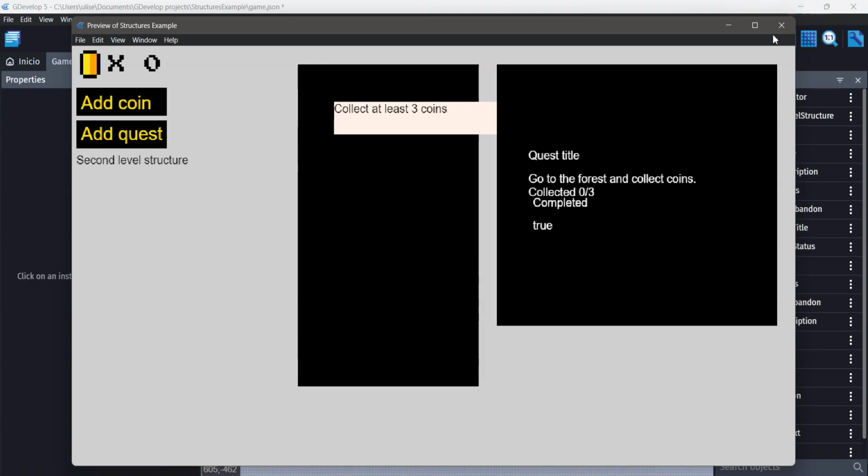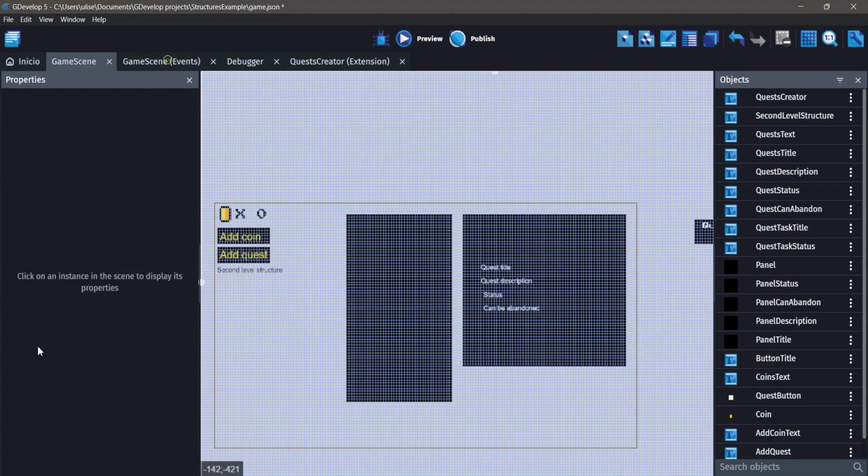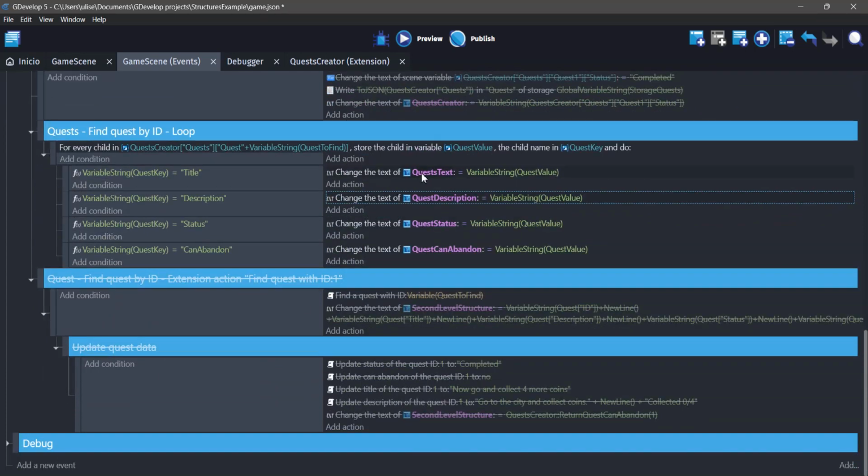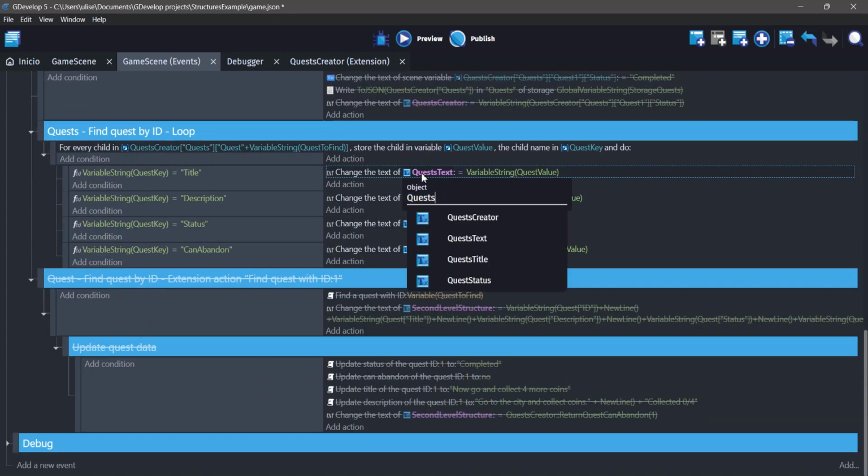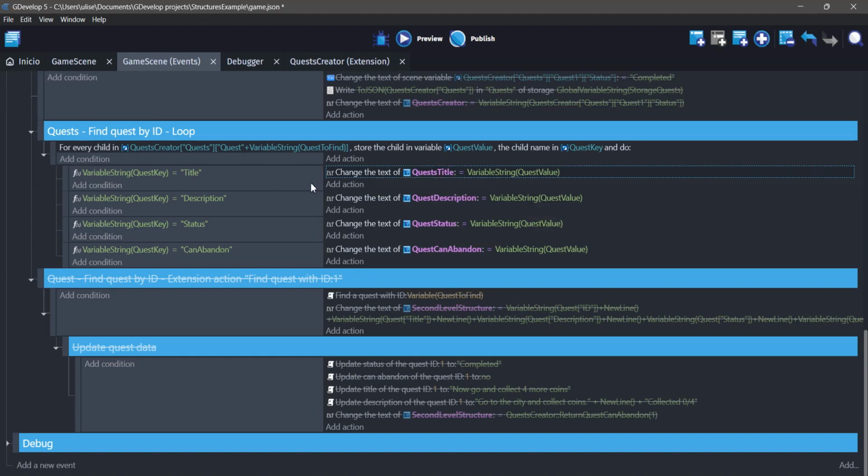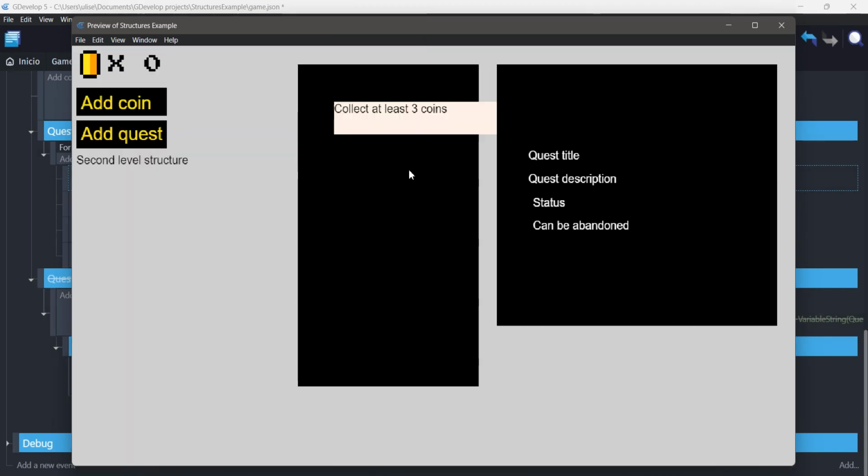Quest title doesn't change because here was quest text, not quest title. So now quest title, quest description, status, can be abandoned. If I click here,